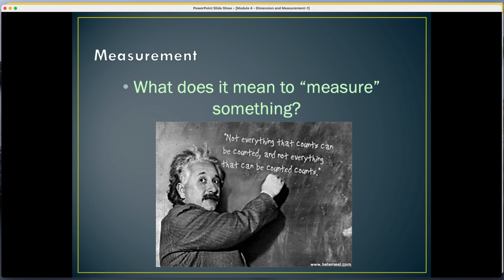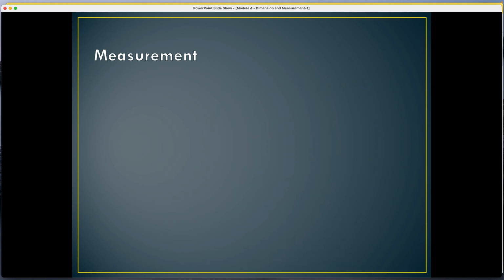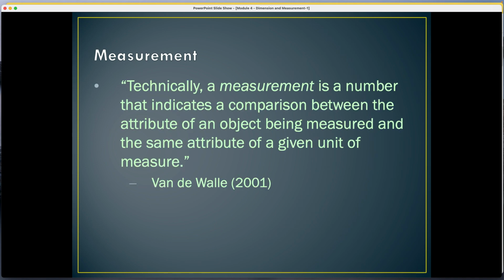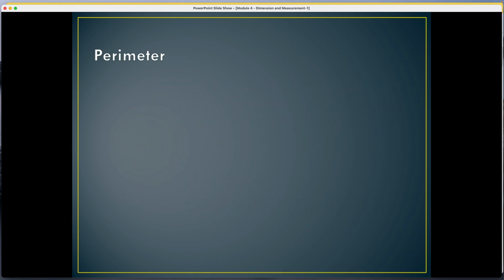But if we measure ourselves against ourselves, how can I make myself better? I think that's a valid thing to do. But to compare ourselves to others, hey, there's really no comparison. Someone can do this better, but I can do that better. Okay, so I think that's what Einstein was getting at. So we'll go through this, and again, this is for